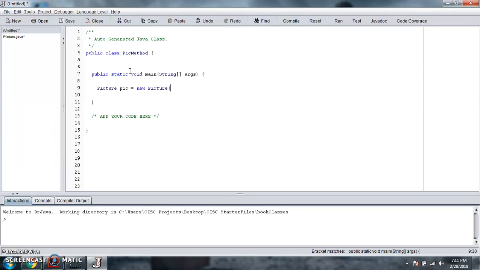We could do a default with no parameters in there, but we're going to do FileChooser.pickAFile, and that's going to set it up to open a picture from our library. And then we're going to do pick.show,